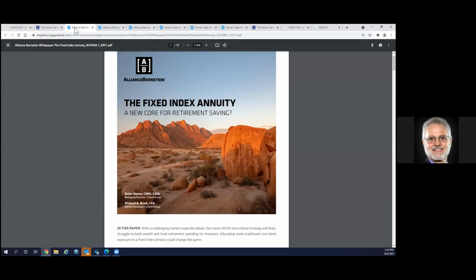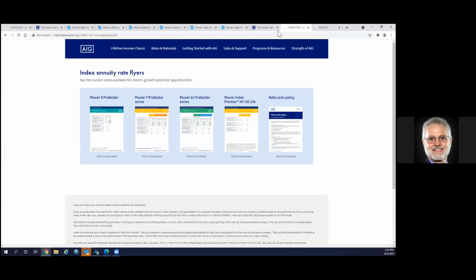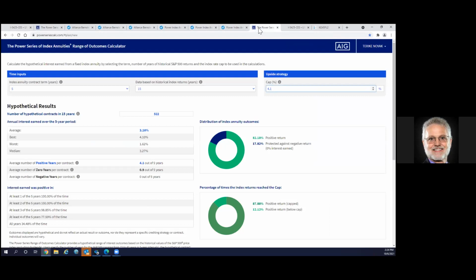It is extremely powerful. And then the last tool that you shared, as we looked at really the different ways to look at the calculator and going in and looking at the different annuity options that you have available through AIG and looking, thank you, Terica, and looking at how these have actually performed over time. I mean, when you're looking to give your customer satisfaction and confidence in the solution you're recommending, and you can utilize this range of outcomes calculator and show them that although just like any other indexing product, you're not going to get a home run every time you get up to bat, but here 82% of the time, you've got